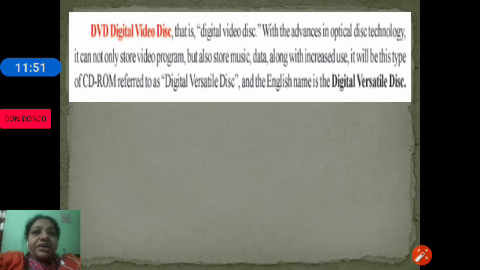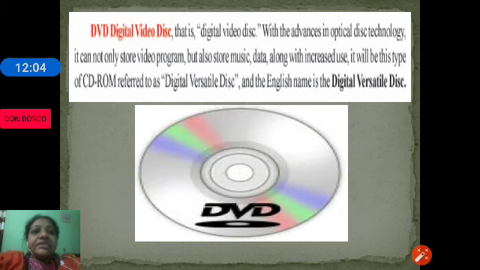Basically, DVD is used to record and store videos. Therefore, generally we call it digital versatile disc or digital video disc. As it has the higher storage capacity, the videos can be recorded. Generally, videos will be of more memory. Therefore, we can use DVDs to store video files.